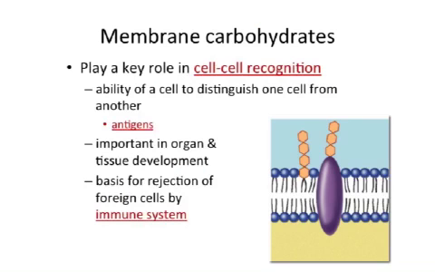Let's take a closer look at the carbohydrates in your plasma membrane. Again, like I mentioned previously, they can function with cell recognition. Your antigens are proteins that contain specific carbohydrates attached to themselves. An example of this is your major histocompatibility complex, or MHC. This is very important for your immune system because it helps your cells identify which cells belong